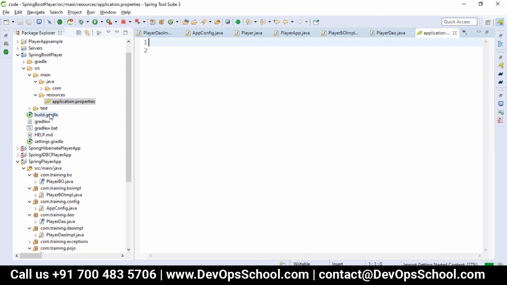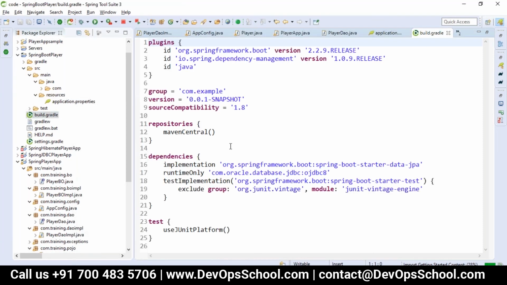Whenever you develop a Spring Boot project, you can see what dependencies it took. Here it took Spring Boot starter parent. Then in the dependencies added here, we have Spring Boot Starter Data JPA. If you run your project, it will see that you have not configured any URL for this.